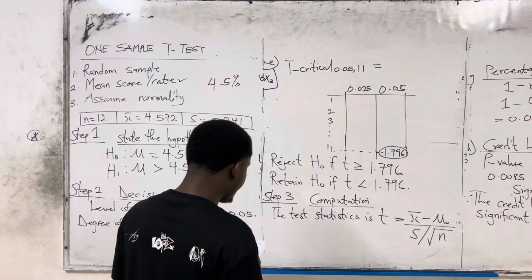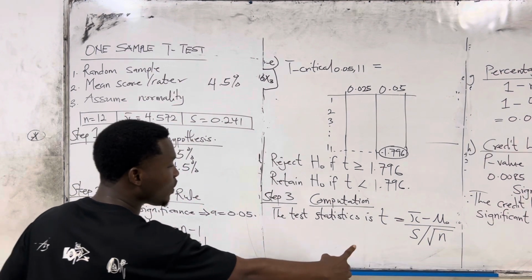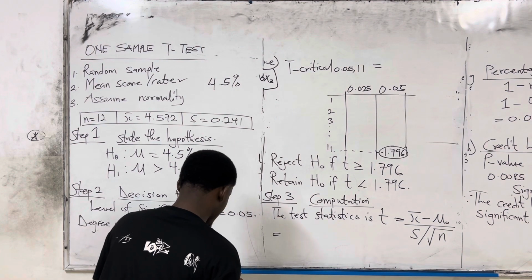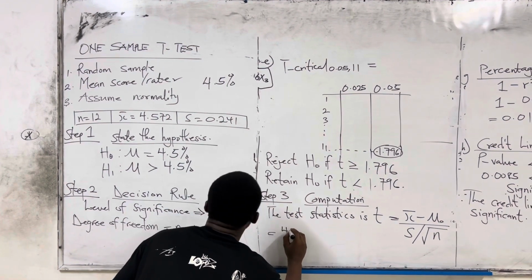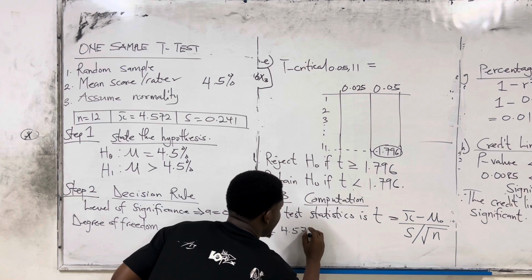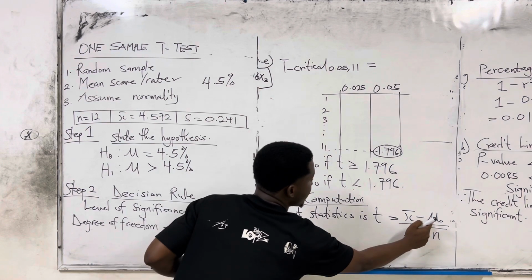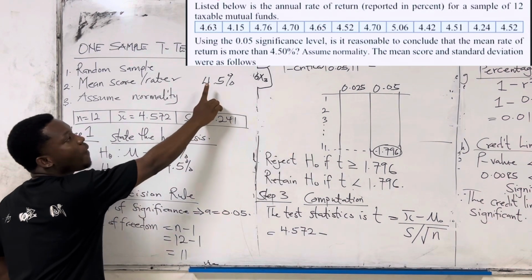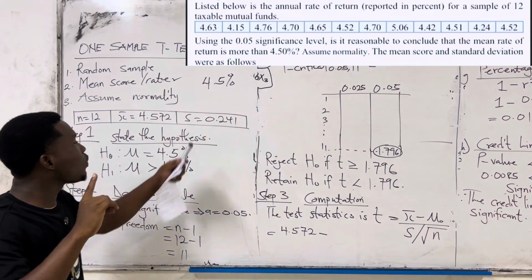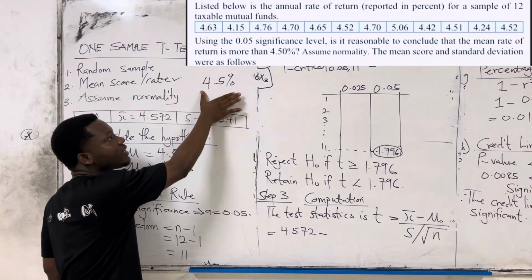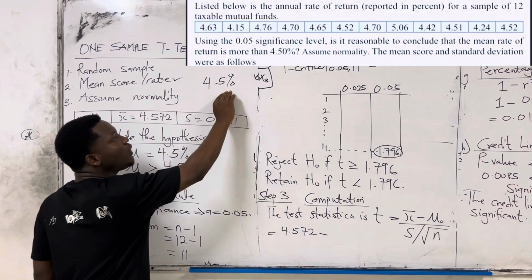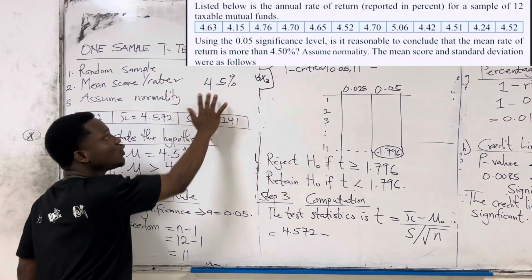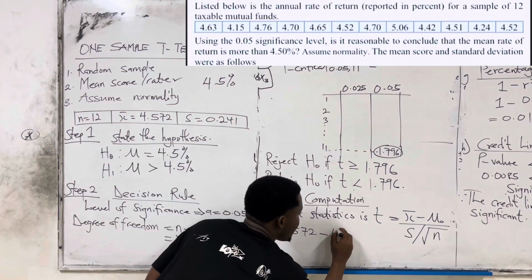So the first thing that we have to do: we have been given the mean, which is 4.572, minus the mean rate. The mean rate was given to us as 4.5%. Now, in a one sample t-test, we don't change this into decimals. We only remove the percentage. So we have our 4.5